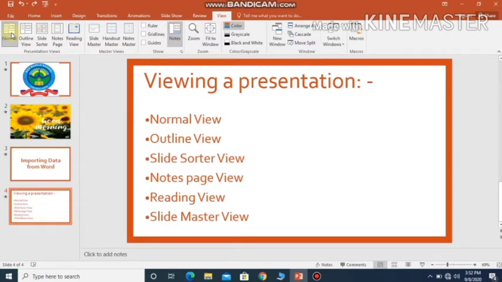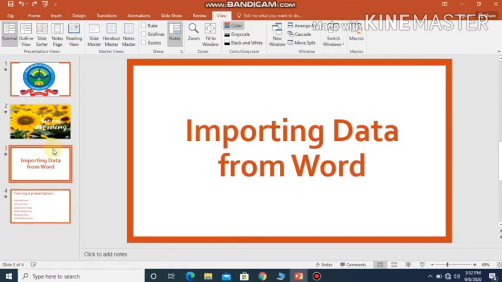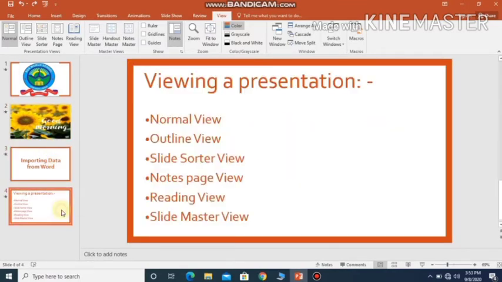thumbnails. Okay children, so hope you can see here all the slides are displayed to your left hand side, right? So here you can just make edit. If I want to make some changes in the fourth slide, just by clicking on that, I'll go to the fourth slide, and whatever the thing I want, if I want to edit something here, I can just go, and if I want to delete it, I can delete. If I want to type, I can type it. So you'll use this view in order to edit your presentation slide by slide. Okay, that is the use of a normal view.